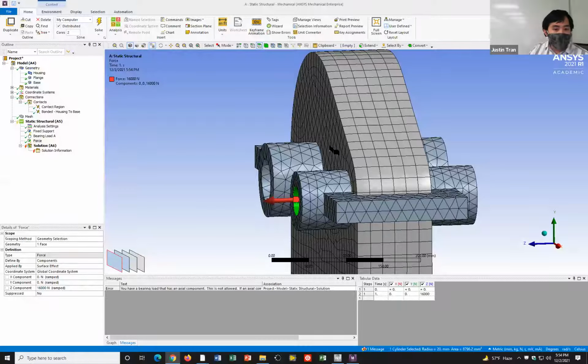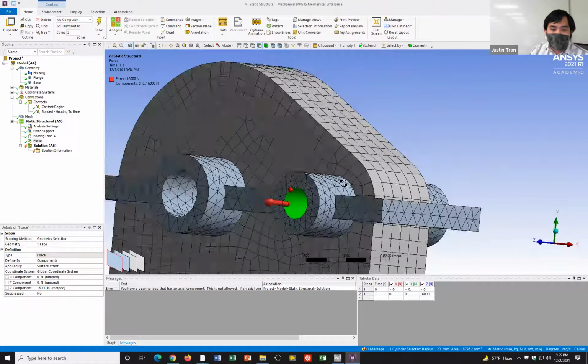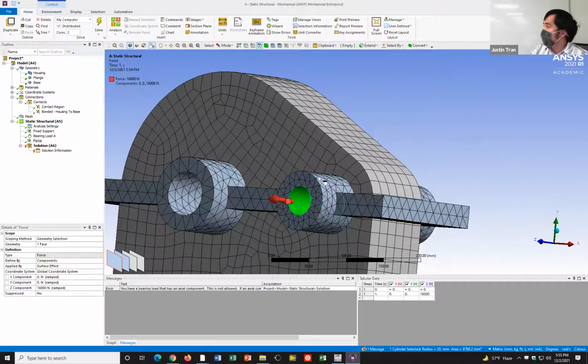Yeah. And so it's okay for us to apply multiple loads on the same surface. Remember, I got some questions about that from my grad students. And so it's okay to apply multiple loads on the same surface. That's totally fine. So you can just layer loads on top of this thing.